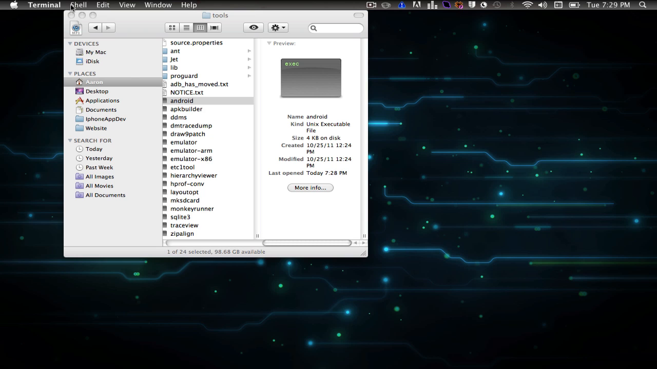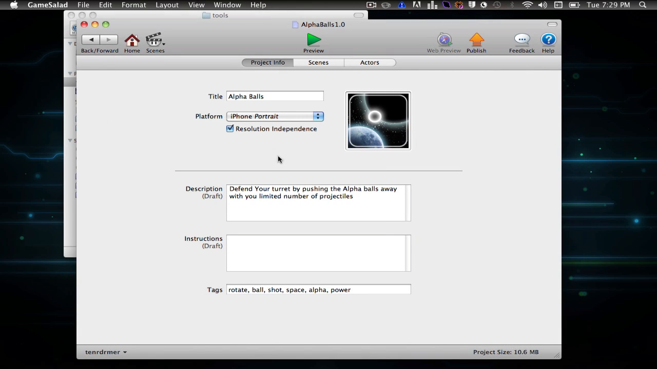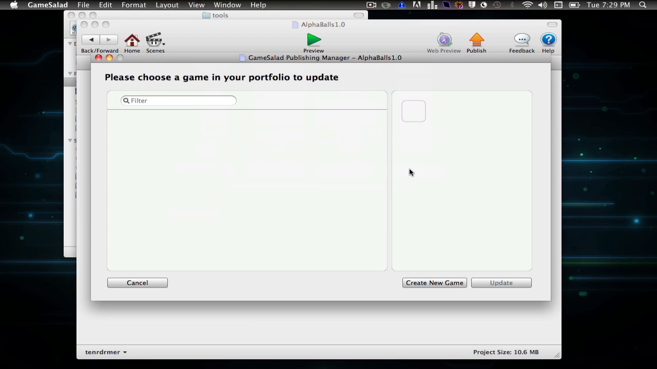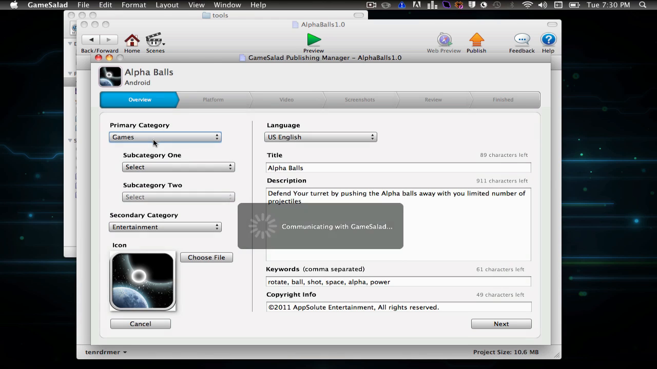The next thing is to make sure that GameSalad is finding everything it needs. So in your project, just double check this before you make your key store or anything. Hit Publish, Android. It's been taking a while for that to load. I've already got my app started, but you'll just create a new app, load in all the information you need, your icon, hit Next,